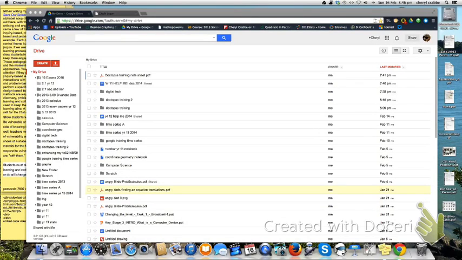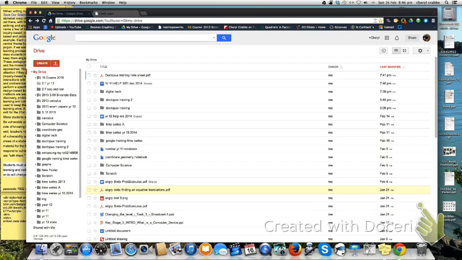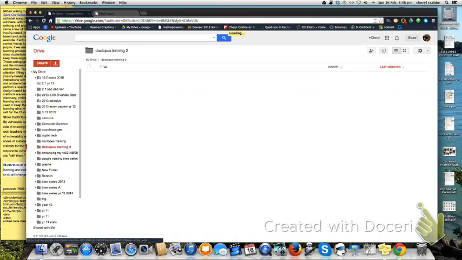Okay, to install Doctopus into Google Docs, the first thing that you need to do is create a folder, and you can call it anything you want. If you're going to do a time series assignment or whatever, I've just called mine Doctopus Training 2. So you create a folder and you go into that folder, and two things that you need to create inside